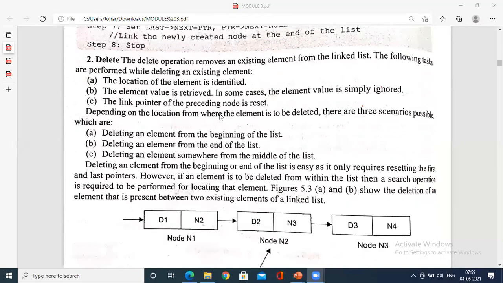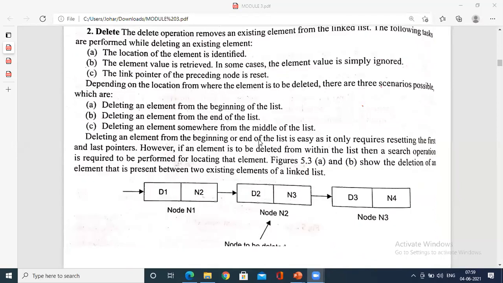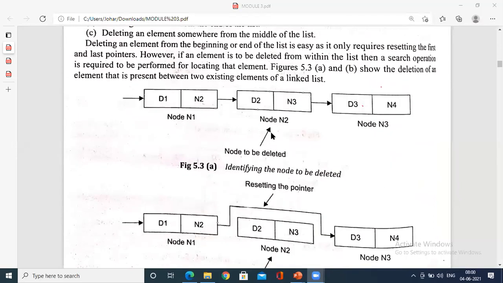So he has explained delete. Delete I will not do today. I just want to go through how you insert a new node in between. Deletion is quite easy. Simply you delete N3 and you have a connectivity from N2 to N3 directly. So in this case, what happens? You see the deletion of a node. So N2, this node is being deleted. Is it or not? So the connectivity was for N2.